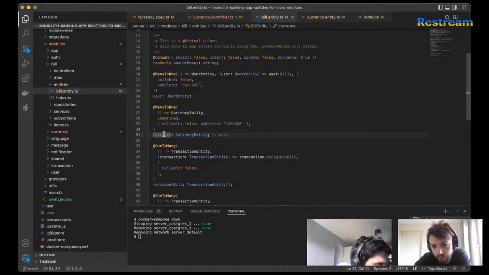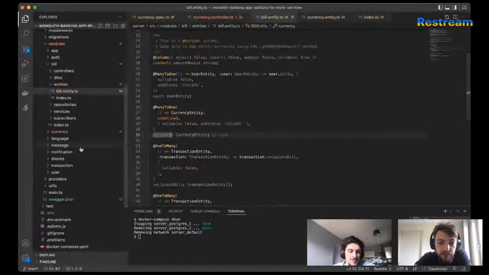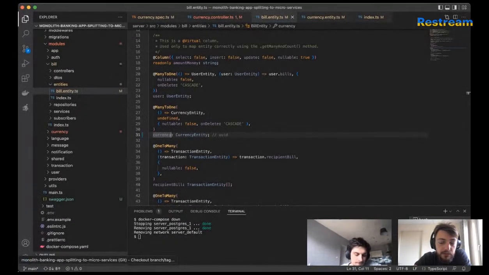We could keep the same entity, but then we just have the duplication on both sides. And when you say the same entity and duplication, you mean just code-wise, just to have a class defined, basically. Yeah.